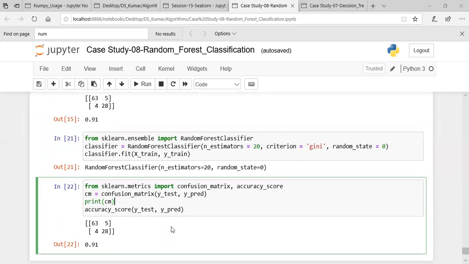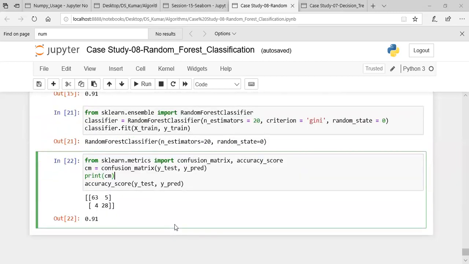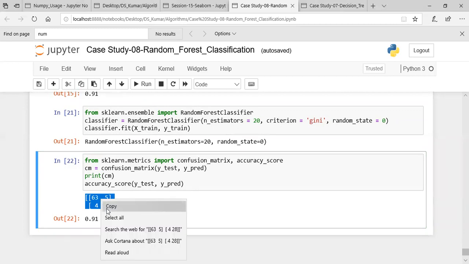Okay, maybe that is what, friends. If I am simply changing the criteria, I may not get any differentiation. That we have to work out. Maybe if I change the number of trees, can I get better accuracy, or can I reduce it? And you see, this is one value we got in Gini